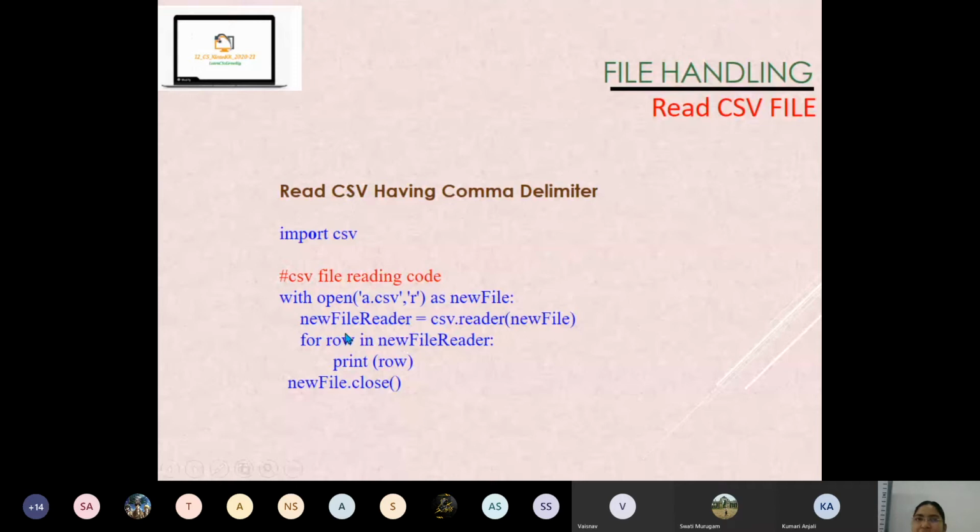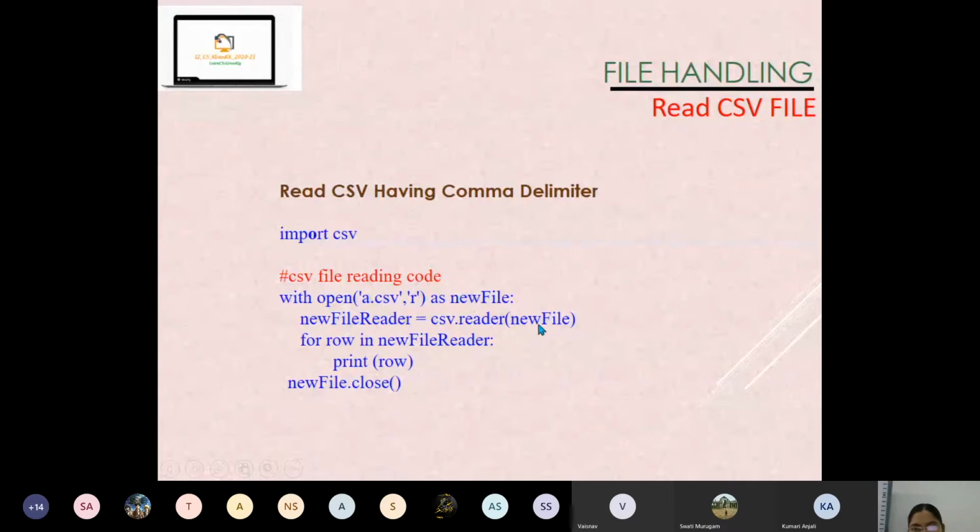Now we have to read content from the file. We already have a CSV file, right? From that CSV file we want to read. How do we read that? Using the reader method, csv.reader, and give that file name. That file object is new file, so a.csv's object is new file.